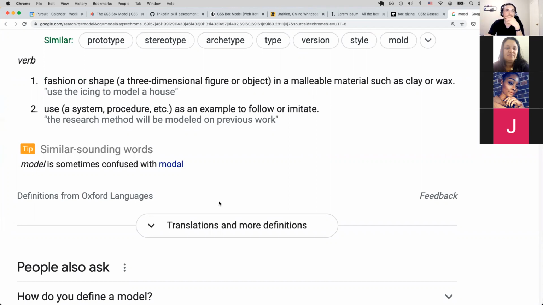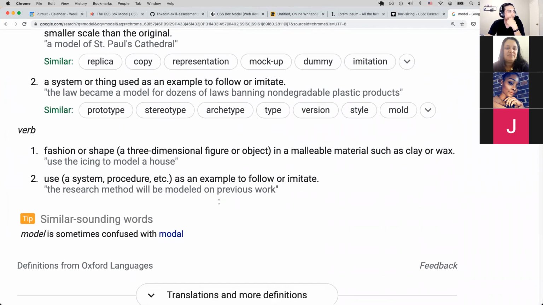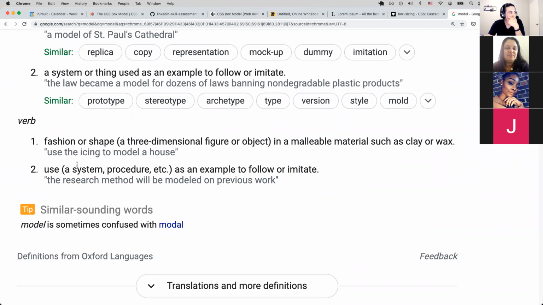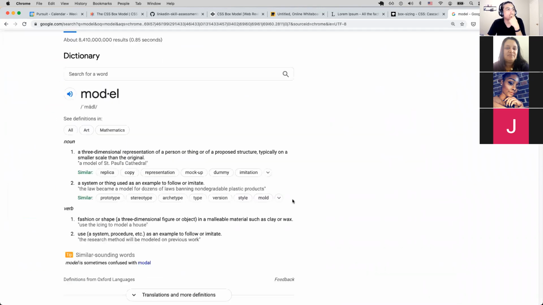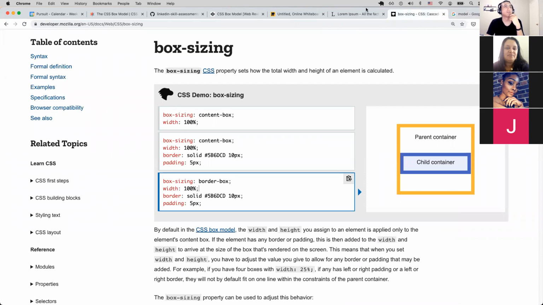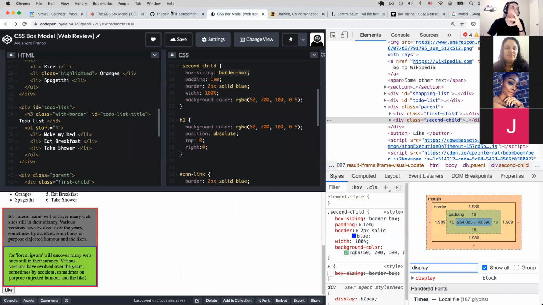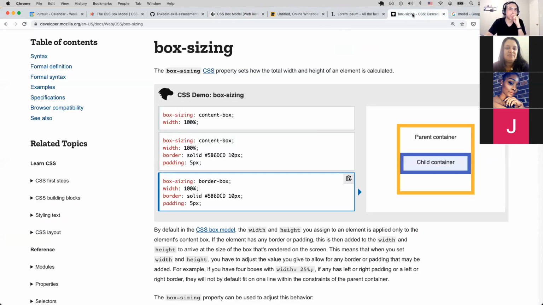So first, let's say, what is a model? I looked at the definition. It says use a system, procedure, etc. as an example to follow or imitate, right? So the CSS box model is not a specific property or a very particular thing. It's a model, right? And you follow a model. A model is also kind of a way of thinking. So the CSS box model